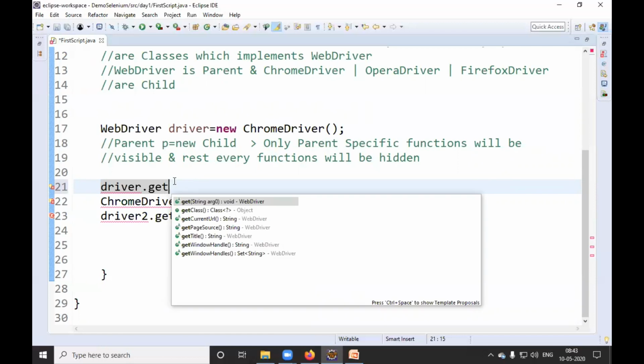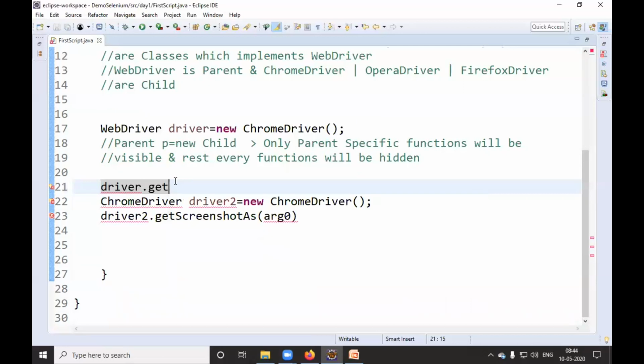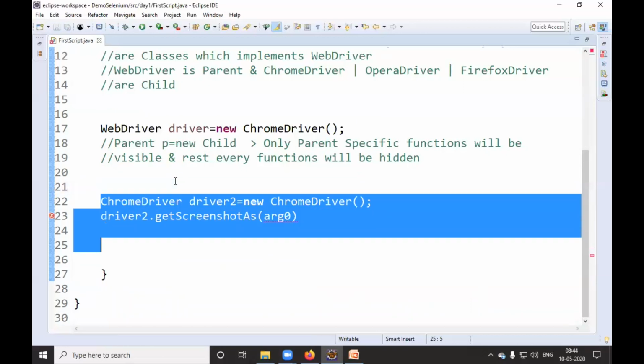It is available inside Chrome driver. So child specific functions will not be visible if you make the reference of parent and the object of child. It is useful when you are doing compatibility testing, so that by mistake you do not call any child specific function.